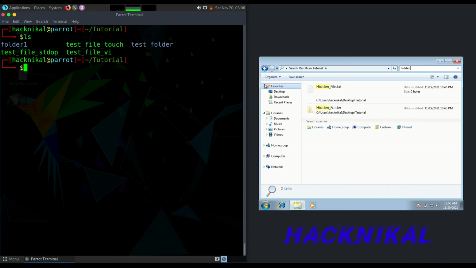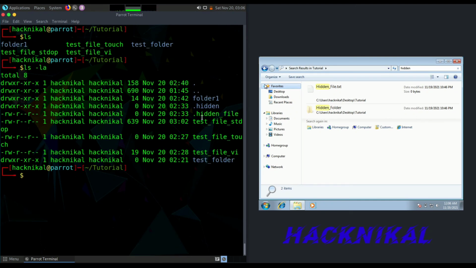Let me change the file permissions for, let's say, a hidden file. I will change the permission with chmod. I have only read and write permission over here. In these 3 bits, the first bit has a weightage of 4, the second bit has a weightage of 2, and the last bit has a weightage of 1. So if I want all these bits to be present, I will give 7. By default it is 6, and then 4, 4.